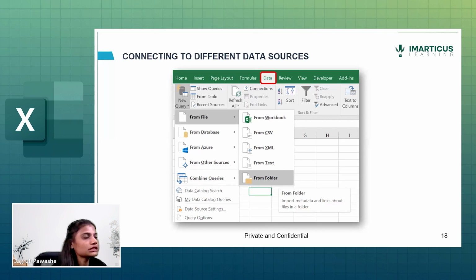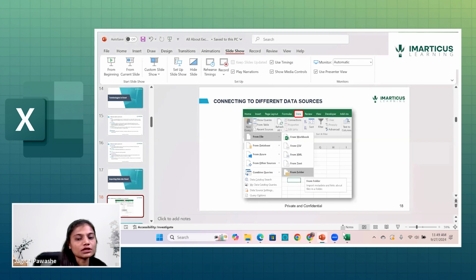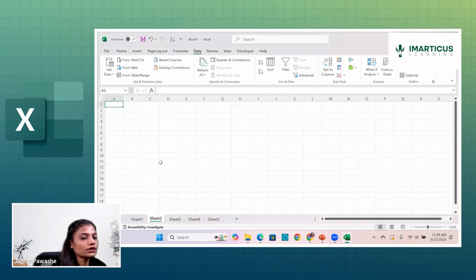So let's see in our Excel how this operation or task would be available to us in terms of our data. When I go into my Excel file, this is the blank workbook which we were using till now. So I go into the Data tab